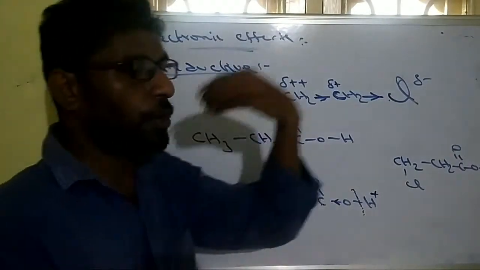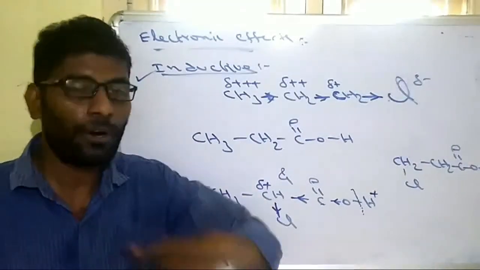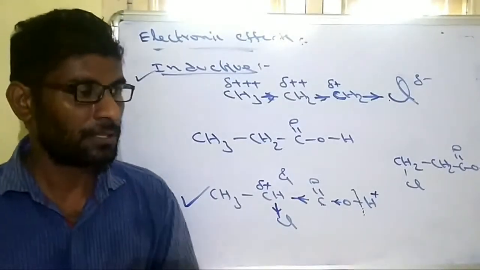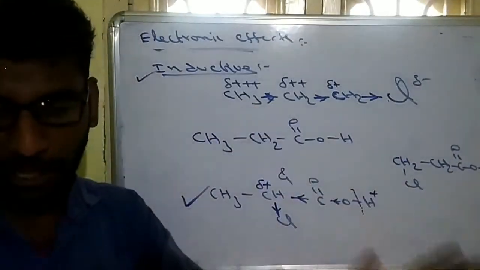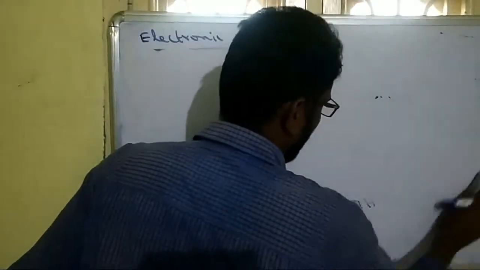So where electron withdrawing groups are there, acidic character increases. Like that, where electron donating groups are there, acidic character decreases. This is important. So acidic and basic strength we can identify with the help of the inductive effect. So the last one is